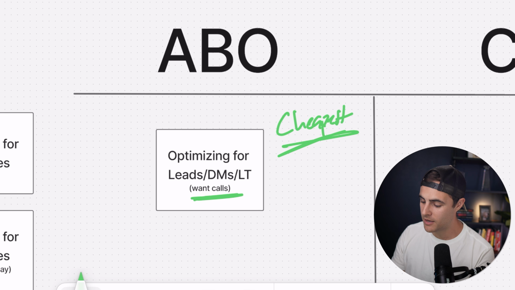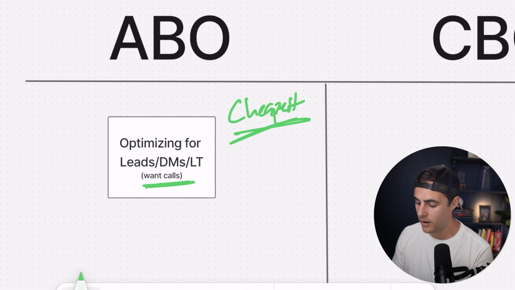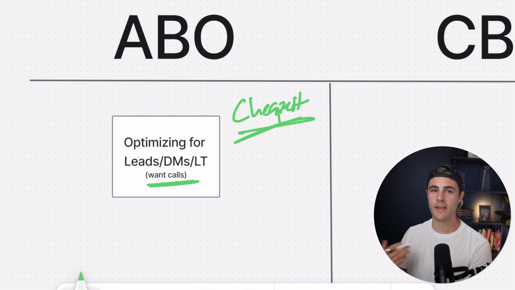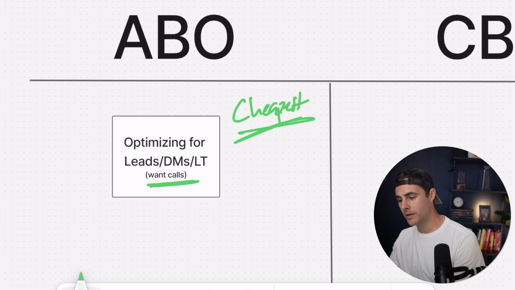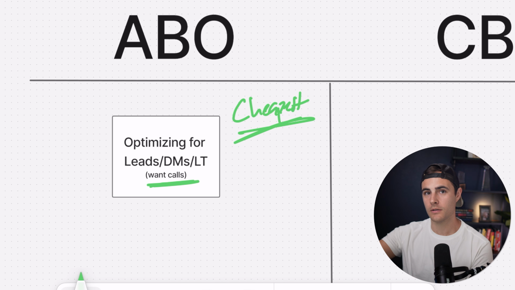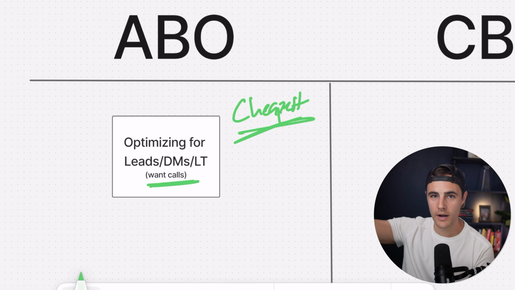And if I go CBO, which I've tried plenty of times, what'll end up happening is one of the ads or one of the ad sets inside will get all of the spend and it will be attracting the wrong type of people. And then I have to go in and kill that ad or ad set, and then it will shift the budget over to more ad sets and ads inside. And then I'm kind of starting over again.